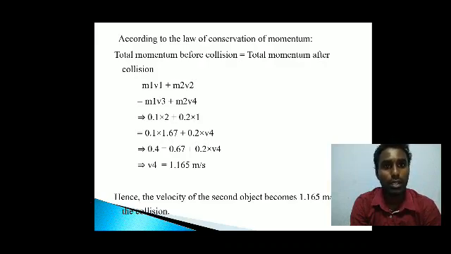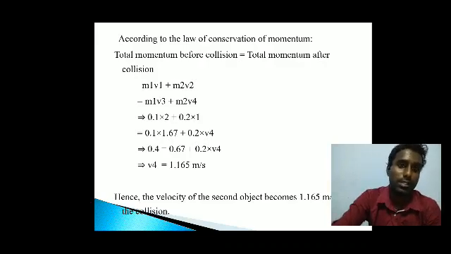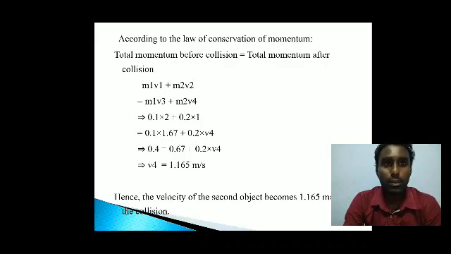Okay, so before collision and after collision, directly I'm equating this. 0.1 into 2, 0.2. 0.2 into 1, 0.2. 0.2 plus 0.2, 0.4. So 0.4 is equal to 0.1 into 1.67, which means it will come 0.167 plus 0.2